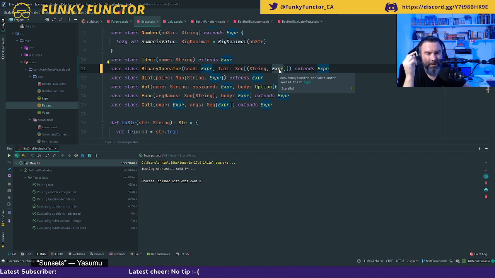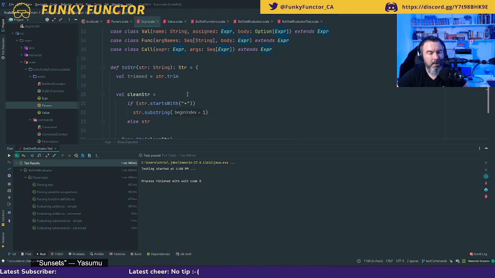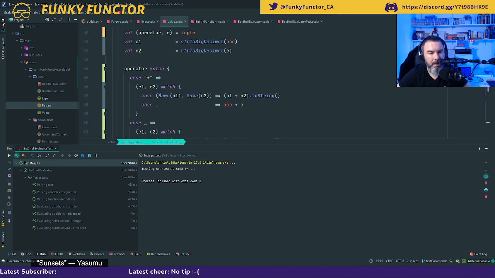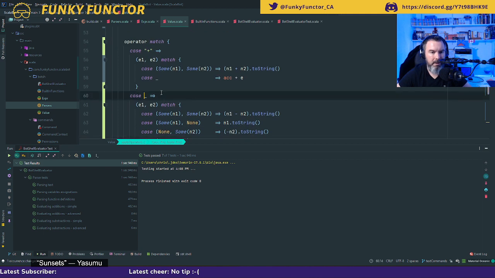Okay, so now I want to do the same thing with multiply, which should be straightforward. So let's do that. Okay, so values. By default, it's going to be like that.